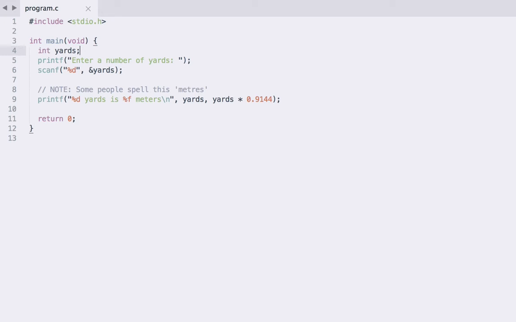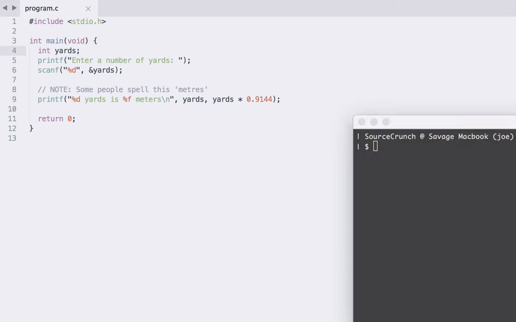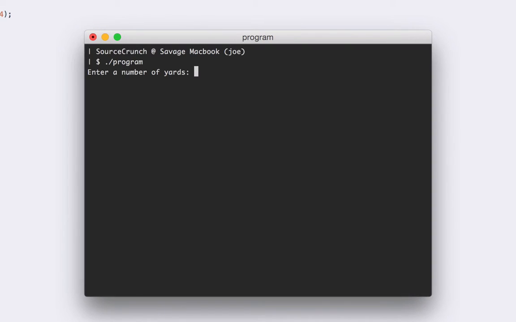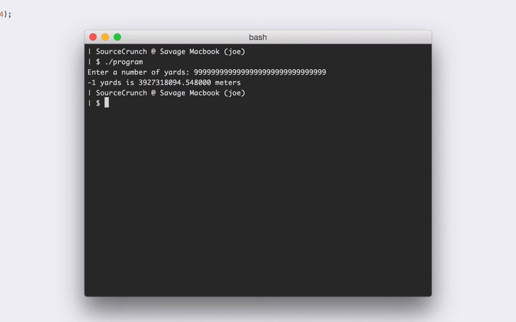And actually if we take a look at our program here, we do have some sizing issues. So we define an integer variable called yards, and then we accept some input via scanf into that variable. But what happens if the user specifies some huge value which we can't fit within whatever the number of bits happens to be that our yards variable can hold, which as we've discussed is at least 16 bits? Well, let's try it out. If we actually open up our terminal here and we run the program, and we just put in a bunch of 9s and hit enter, well, we get some kind of weird results which you might not expect.